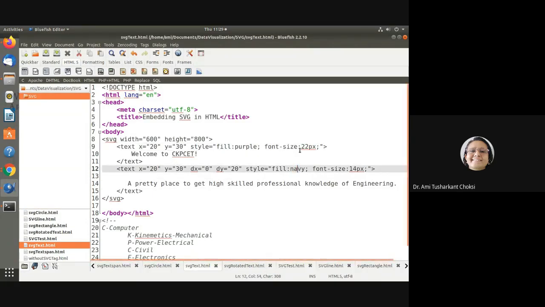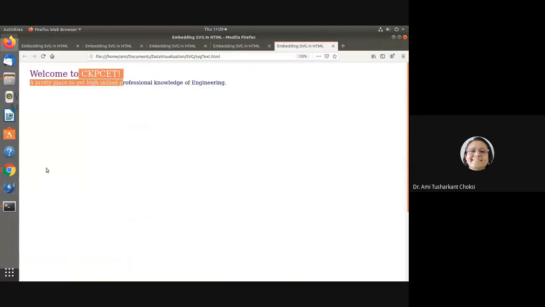The first text has the size of 22px and the second one has 14px, right? So very easily we can understand that. This is bigger text. Then, delta is put for y, that is dy we have specified, and we are able to see the x is the same but y is different. So we are able to see the text here. Fine. This is navy blue, this is purple.